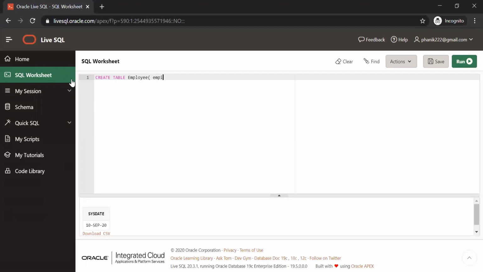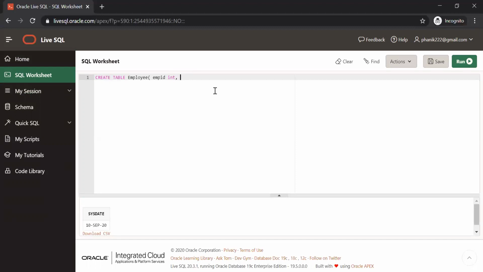One is employee ID. For employee ID you can specify integer, depending on your requirement. If you are storing only a numeric value, you can go ahead with integer. If you are using some string, then you need to use varchar, and depending on the length you need. Integer means you need not specify the length. Integer means integer. Decimal you can specify, and even if you don't specify, it takes a default.